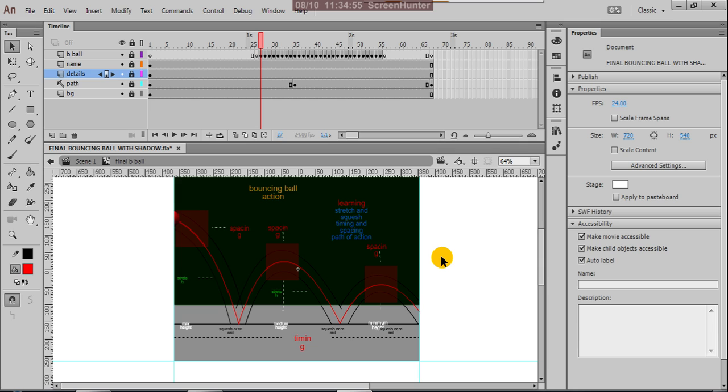For understanding frame by frame animation, for character animation, I'm explaining this with frame by frame animation only, not tweening. Tweening is very easy: if you draw one frame and another frame, and apply the tween between them, it automatically moves continuously. But here I want to make it in a path.